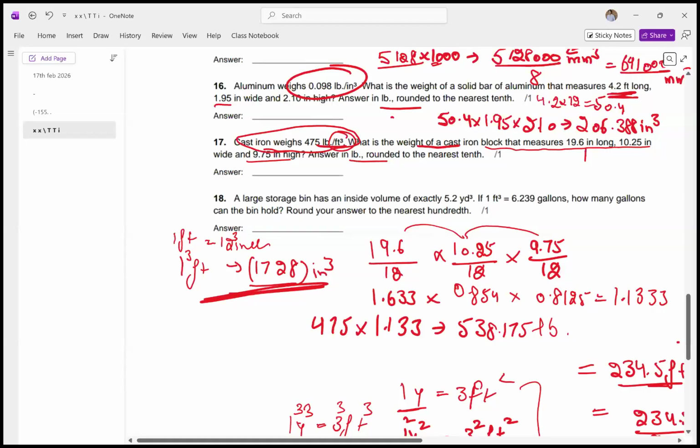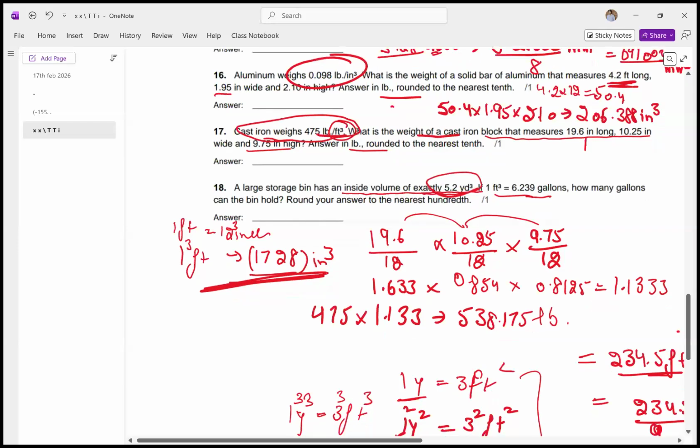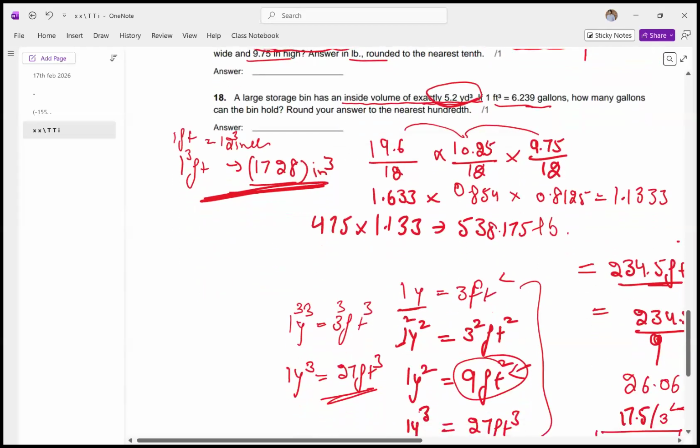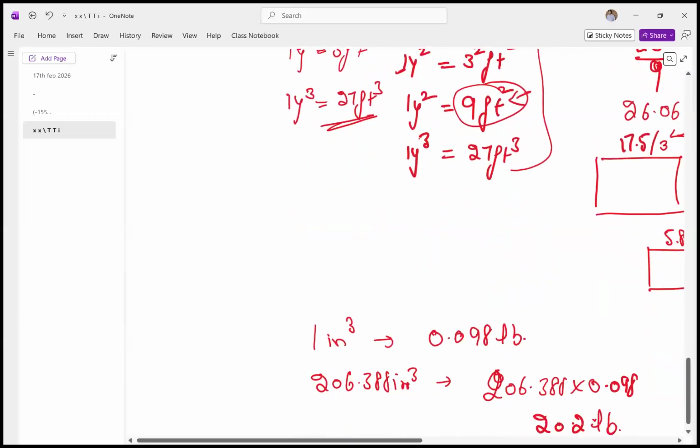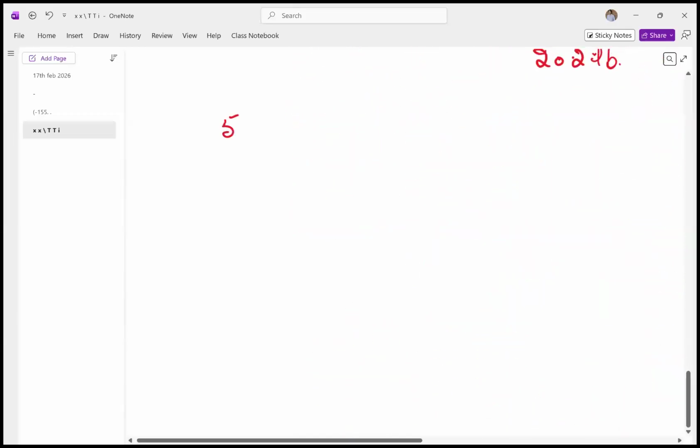All right, the final question. A large storage bin has an inside volume of exactly 5.2 cubic yards, and 1 cubic foot is equal to 6.239 gallons. How many gallons can be held in the bin? Round your answer to the nearest tenth. So we are given something in yards. So 5.2 cubic yards is given to me,